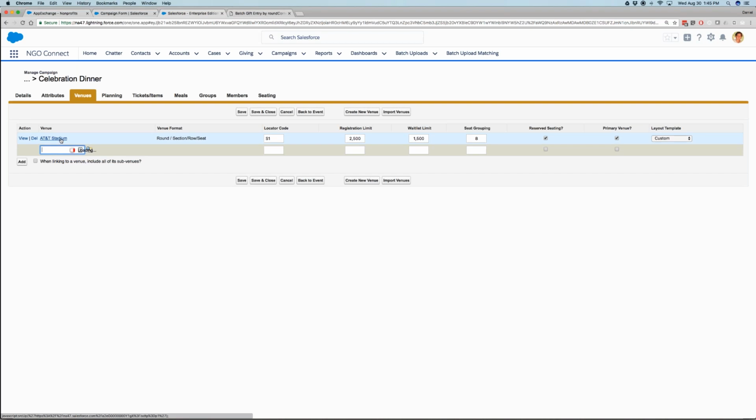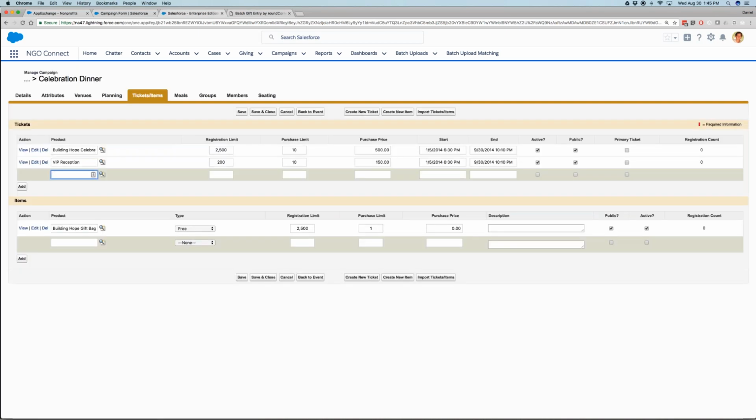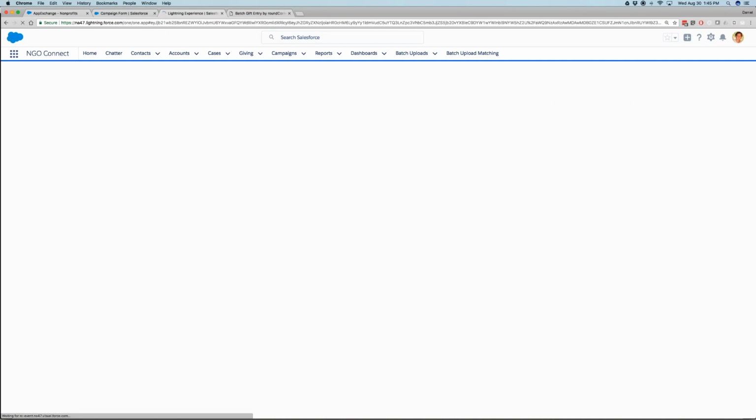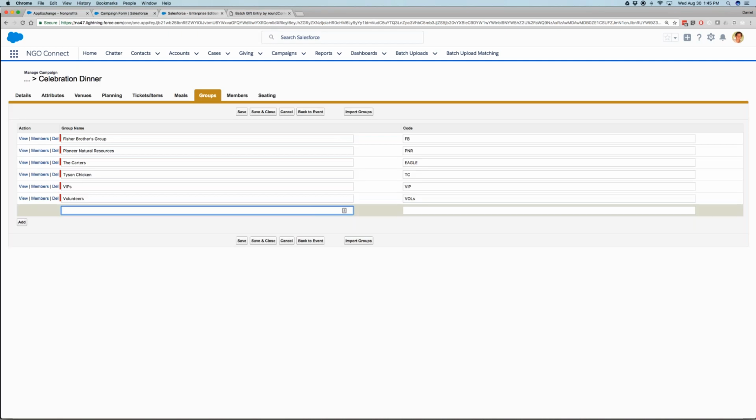In this case, you can see we've got details about a specific venue, including registration and wait list limits. We can track things like tickets and items and allow for those tickets and items to be purchased via our form capabilities within the application. You can even track meal preferences and allow for group registration, which is really key for being able to drive